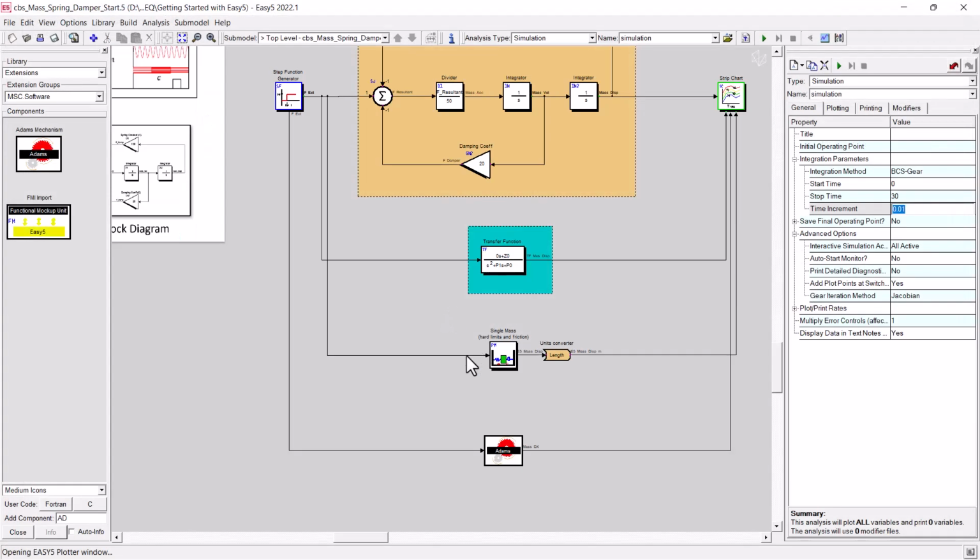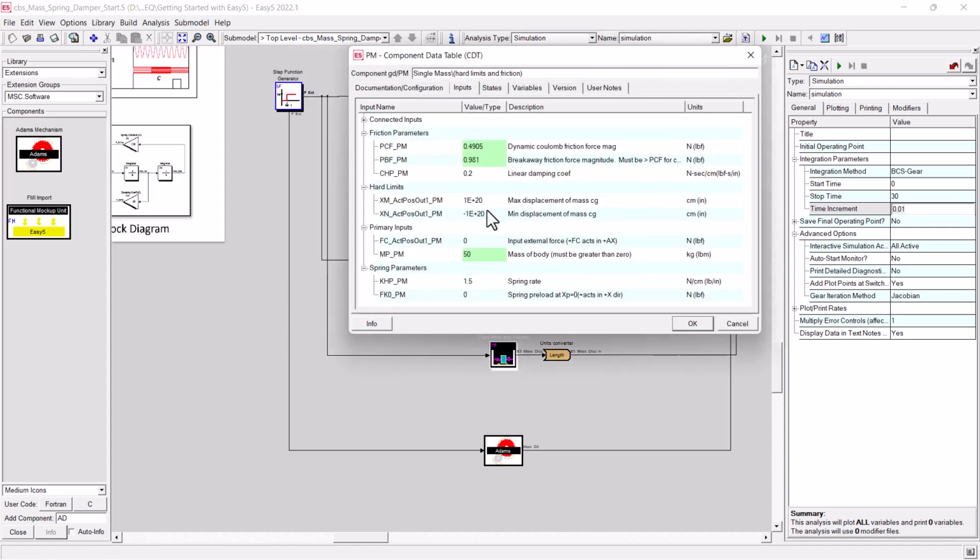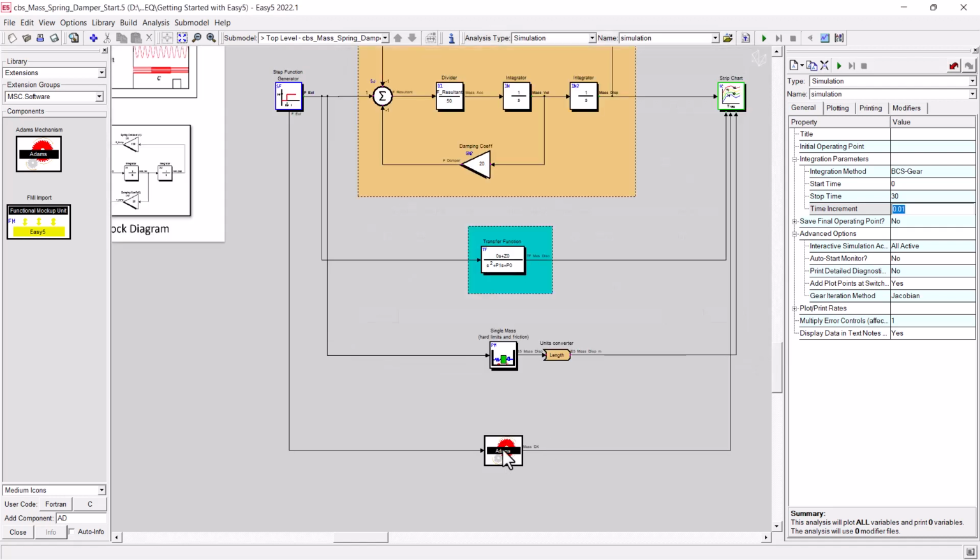All right, so there we've introduced friction to both models, and we can see that they're behaving well. What about bump stops? Let's just do that quickly. We're going to open up our Easy5 model, and we're going to put in a bump stop at 25 centimeters and minus 25 centimeters. So the mass can't move more than that. And then we're going to go